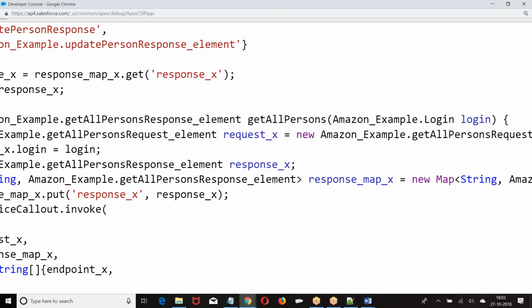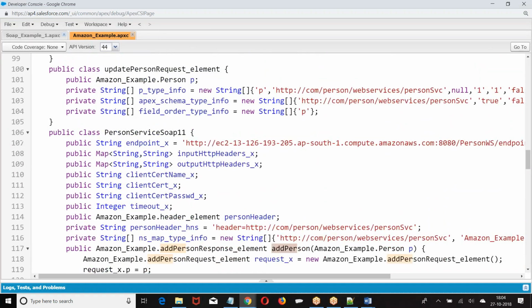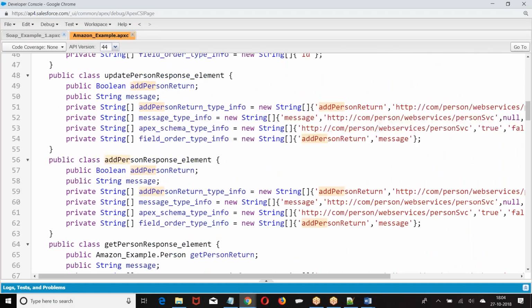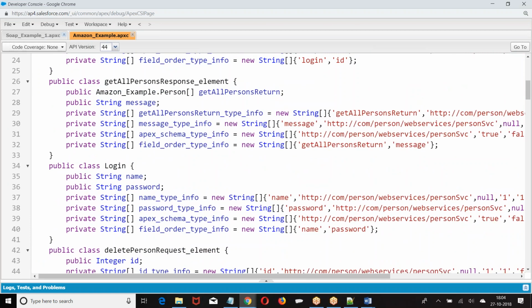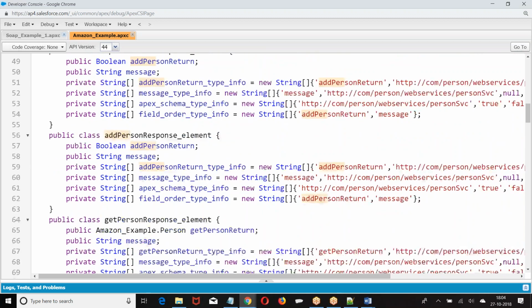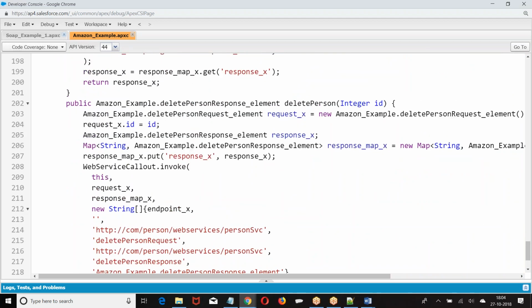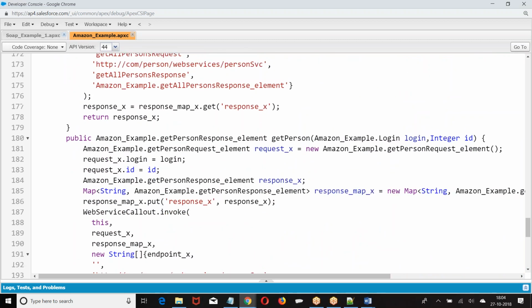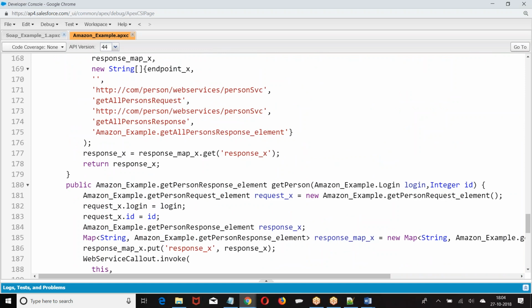Amazon example login. Here I am passing authentication data in the method as a login. Now what is there in the login class? Scroll down. Name and password. My authentication data I am putting in the login. So what are they expecting here? They are asking you to pass a method called login. They are expecting you to pass the authentication data like login. So in the login, what is there? My login credentials are there. I am passing my data in the method as a parameter. This is what a SOAP request with authentication data in the body is.